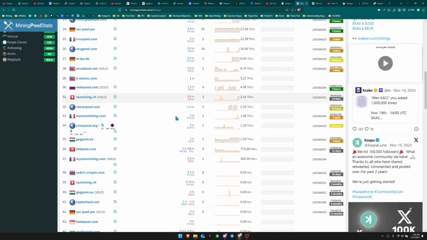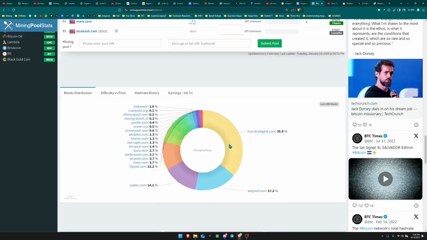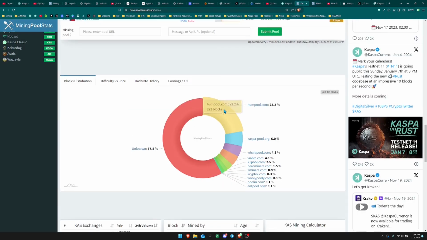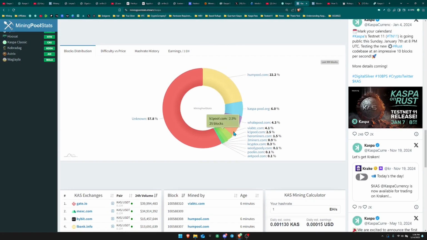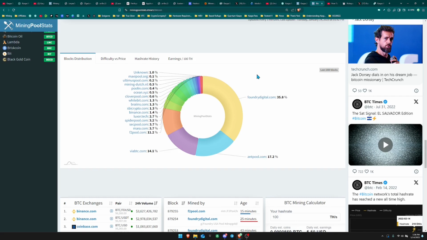And if we compare the pie chart here of pool mining to Bitcoin, you could see that within Bitcoin, there is about over 50% of all the blocks that are being added to the network are via pools, whereas in Kaspa, you can see that it is a lot more distributed, and this 57.8% of unknown blocks is pretty much solo mining. So the higher block rate of Kaspa decreases centralization of creating blocks, which is very important because you should strive for all the blocks in the network to be created in the most decentralized way